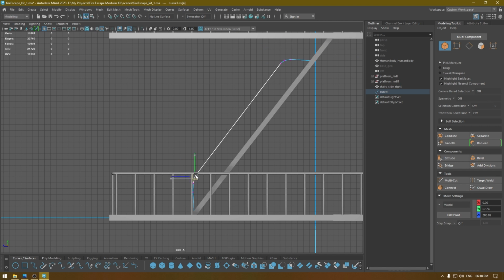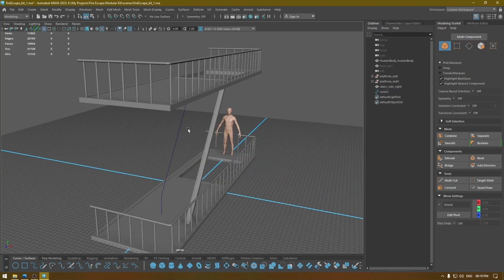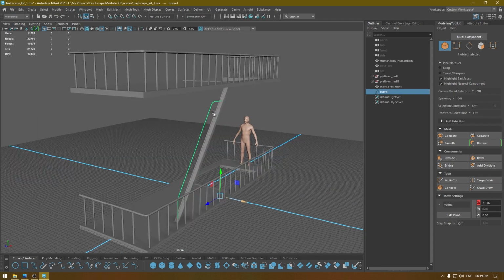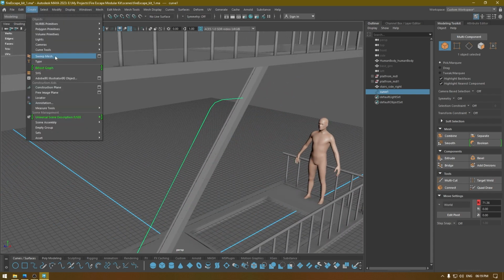Maybe a little bit here. And I think this looks good. I'm going to place this here in the middle of this handle, and I'm going to go to create, then select this sweep mesh tool,